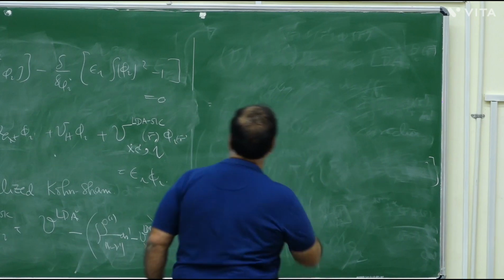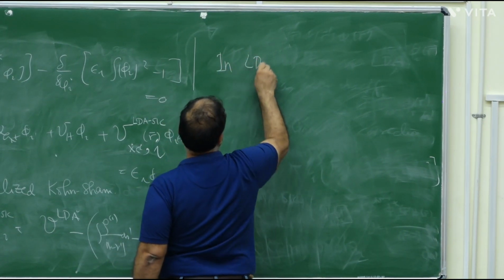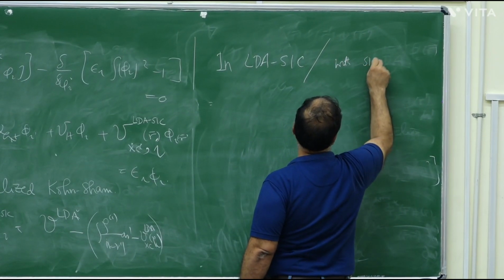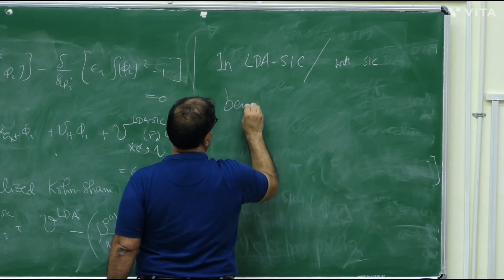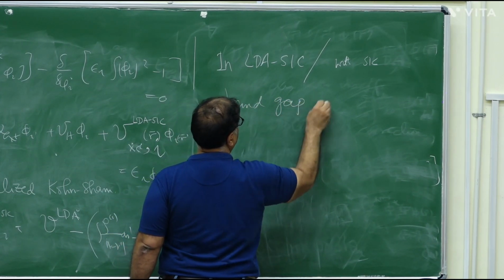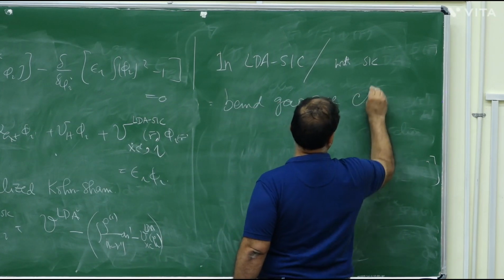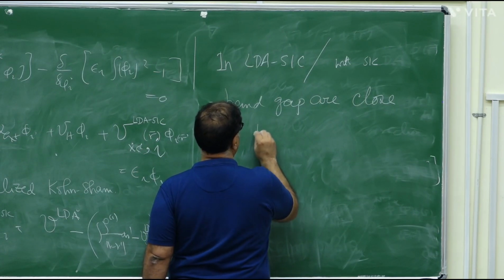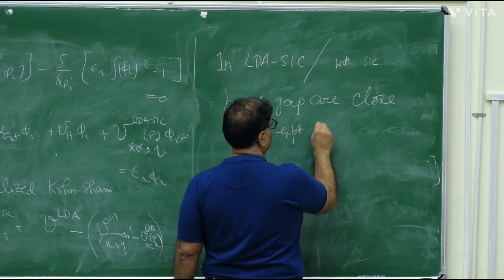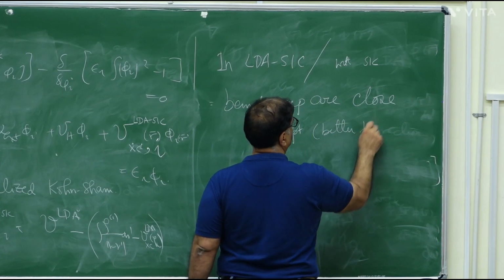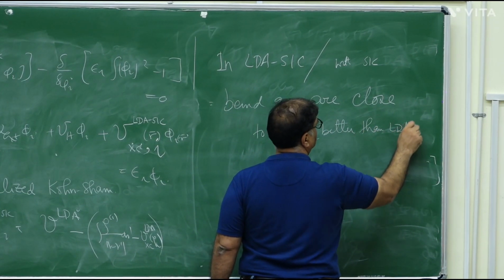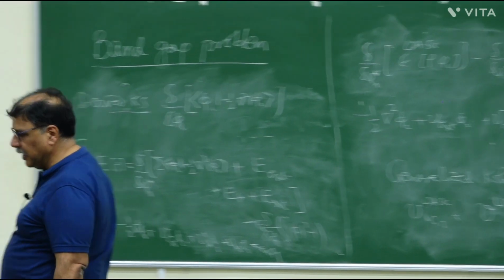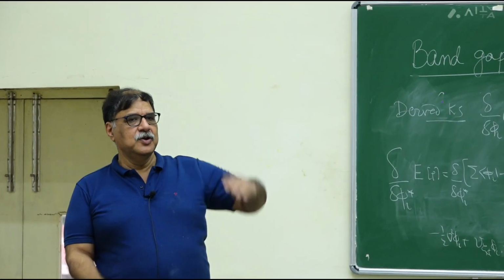So in set theory, and LDA, SIC, or any other theory that's SIC, band gaps are close. For most of the materials, when we say close, we mean the majority of materials, to experiments. Better than LDA. Okay? Now, just like giving the interpretation that Hartree-Fock theory gap should be very large, why should it be